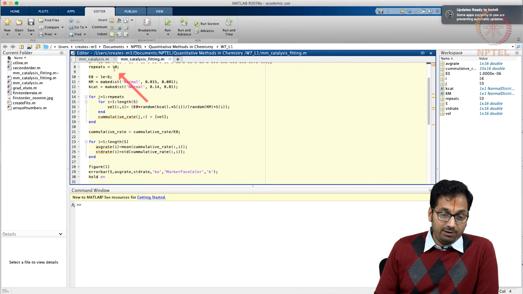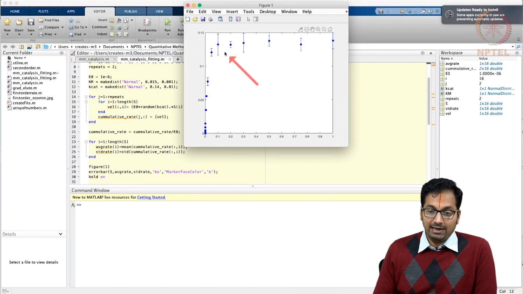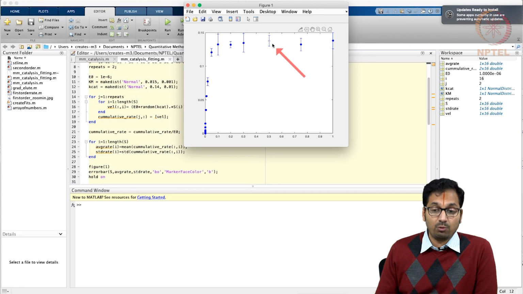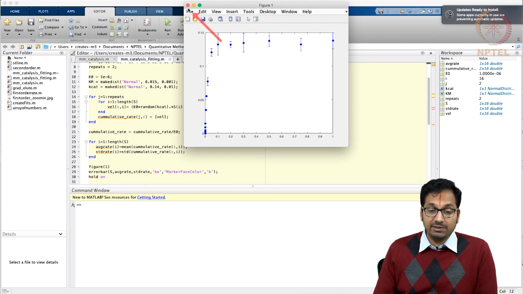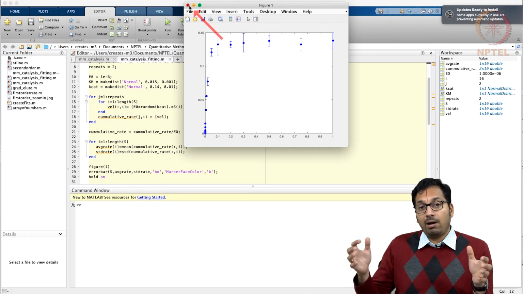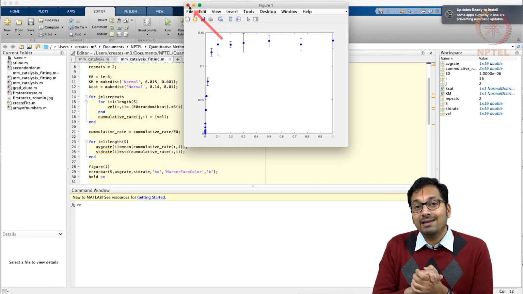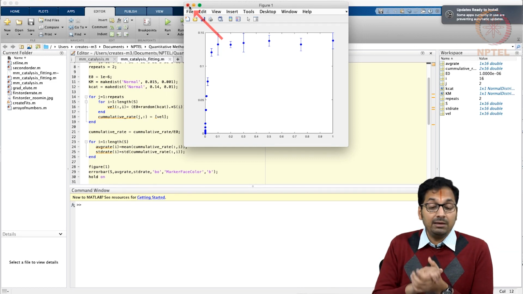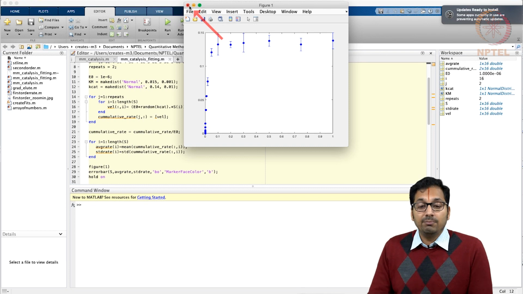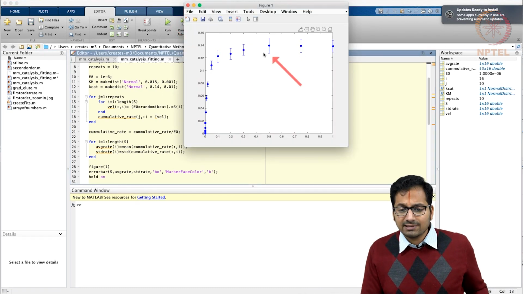Just to exemplify the point, if you only do 2 repeats, you will realize that the error is quite haphazard. You are able to realize that the error across different measurements is quite variable because you just did 2 measurements. Remember the concepts that we introduced of the sample and the population. If the sample is a very small subset of the population, you might not properly represent the mean average of the population with the mean of the sample. So it's always a good idea to have a good number of repeats. So we get something like this.